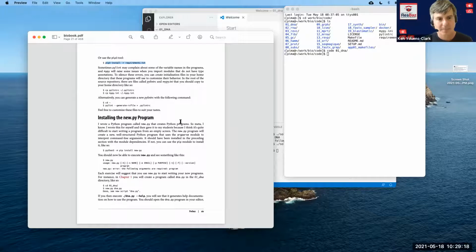One of the things that I have done for years now with my students is I think it's important to not start from a blank page. I saw Hadley Wickham talk when he came a couple years ago to talk about R and RStudio, and he pointed out the difference between using a statistics program like JMP, which is very menu driven.